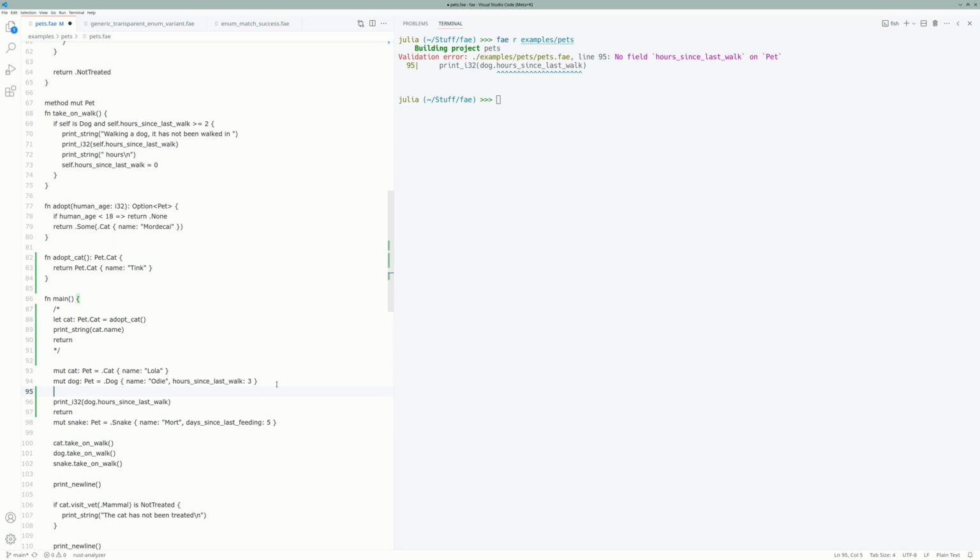But the compiler doesn't know that because we've erased that information and made it just the pet type. We want to specialize that back down, narrow it back down, and run some code if it is in fact a dog. How do you usually say, I want to run code in this condition? Well, you write an if. Okay. If dog is dog,